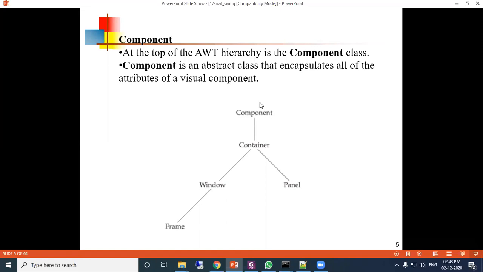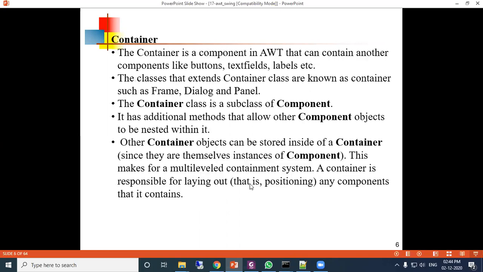Visual components like the command button, text area, label are the components. And the container is also a component.